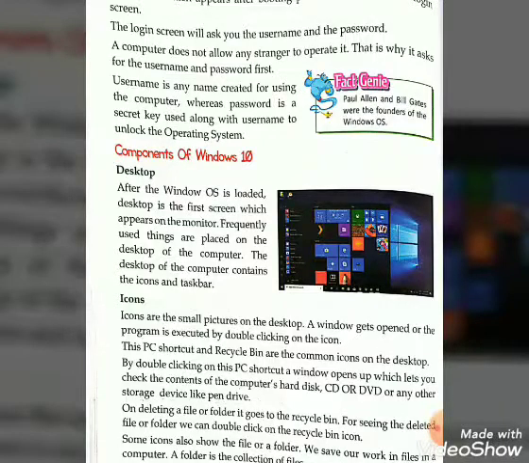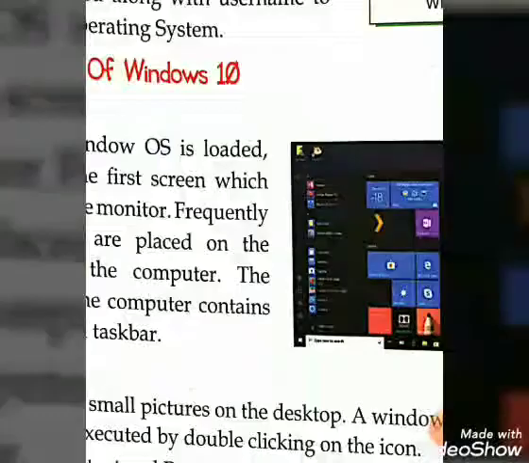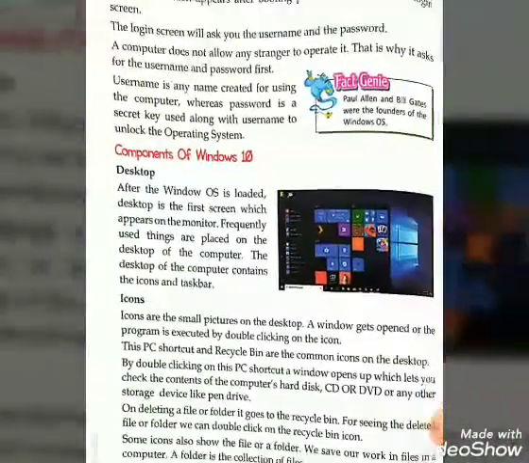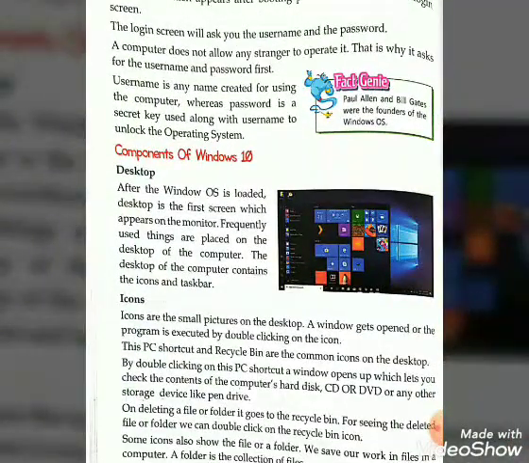Next, by double clicking on the PC shortcut, that is these small icons, a window opens up which lets you check the contents of the computer hard disk, that is CD, compact disc, or DVD, or any other storage devices like pen drive.